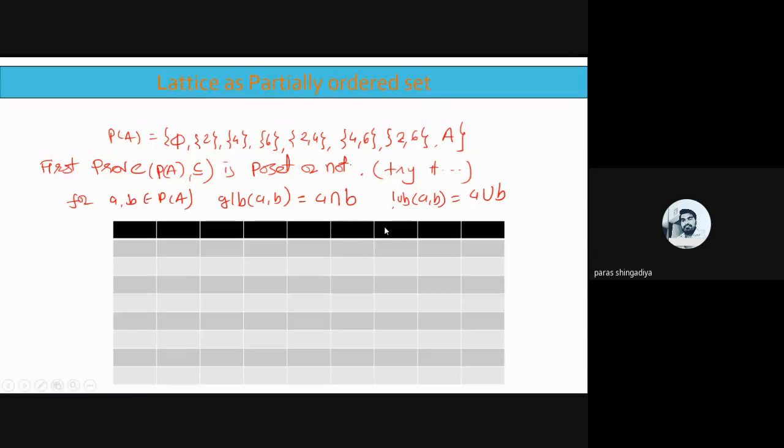ठीक है, first consider the data. हमें यहाँ पे find करना है A intersection B. Okay, and let's check the GLB concept, means property of GLB. A intersection B, and how many values in this P of A? First entry is a 5, then after 2.